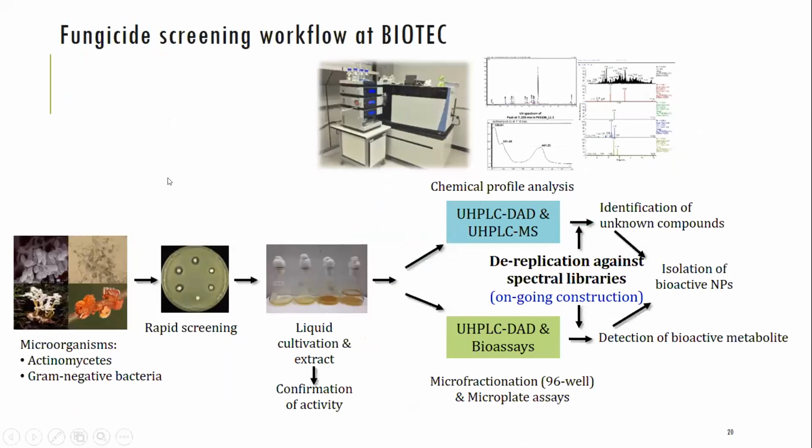But at BIOTEC, we are interested in identifying fungicides from natural products, using a natural product screening workflow where we screen microorganisms, including actinomycetes and gram-negative bacteria, with rapid screening using various fungal pathogens. Then we confirm the activity in liquid cultivation, and use a de-replication platform which includes profiling by LC-DAD and LCMS, carried out in parallel with the bioassay and microfractionation using